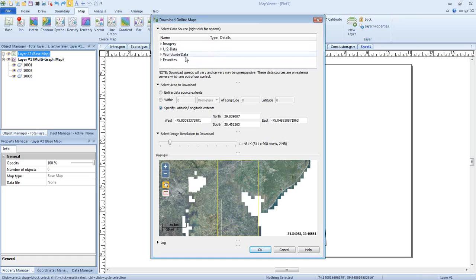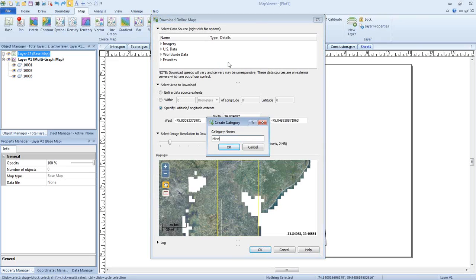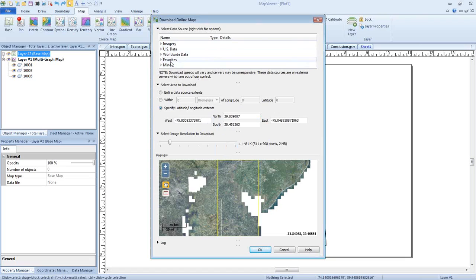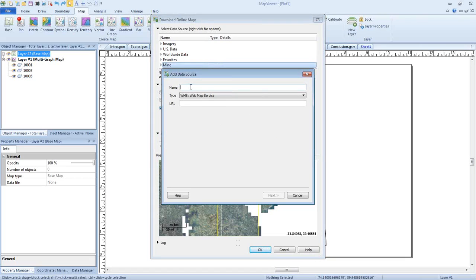So what I'm going to do is add my own custom server. So I'm going to right-click and choose Add New Category. I'm going to call this Mine. And then I'm going to right-click and choose Add Map Source. This is a server from the IRS, so I'll call it IRS. And the URL is